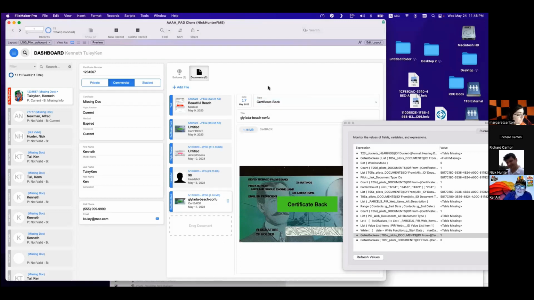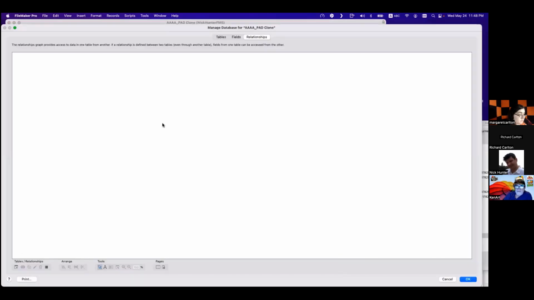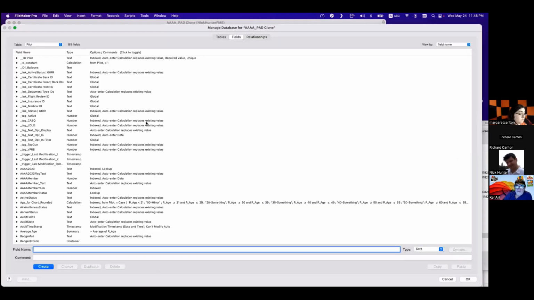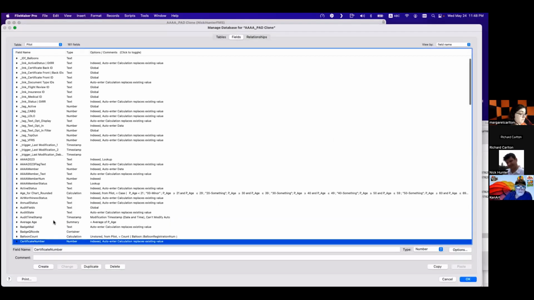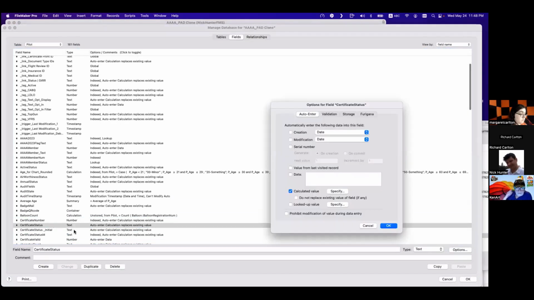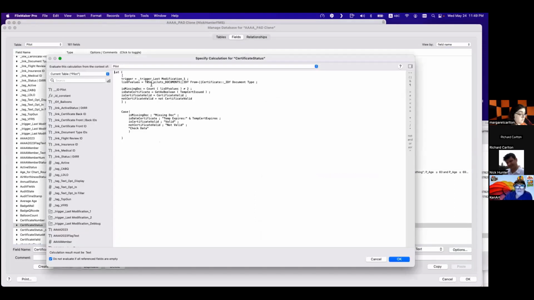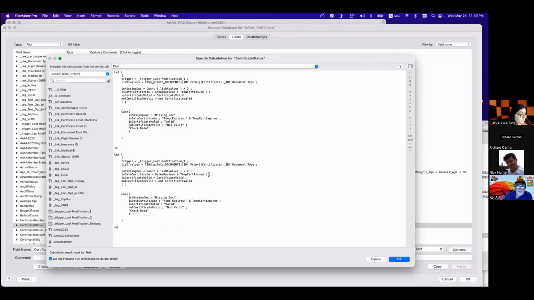So if I do this, I'm validating this, and refresh, right? So we have the get as boolean working, right? So now we're going to use that get as boolean into the certificate status. So, you know, I'm going to copy this and put it here, okay? This is a technique with the two. Right.